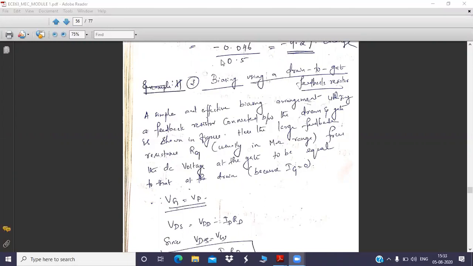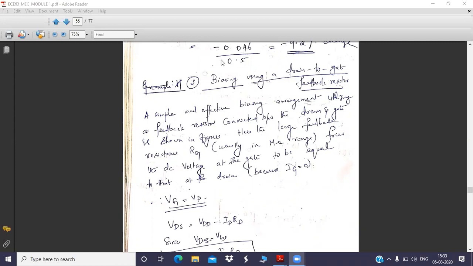In the second biasing technique, you have incorporated the source resistance with the help of a battery VG. In that case, the source resistance is very good for you, because if you take a large value of source resistance, its degeneration action is quite good and it eliminates the variations of ID. If ID tries to increase, it later gets decreased because of this degeneration action. That is what we have claimed mathematically also.